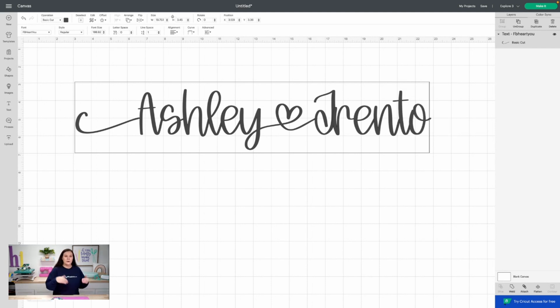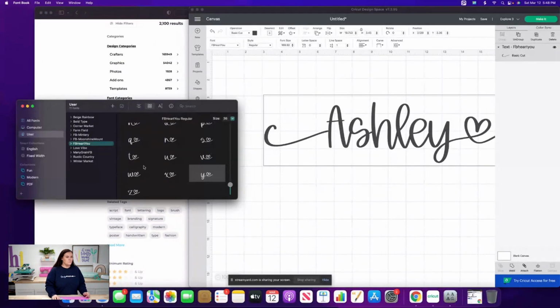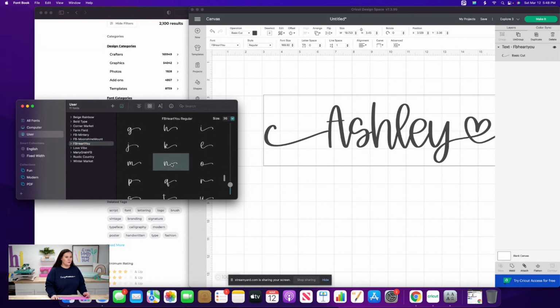Now I want to get rid of the letter N because I want to go find the N. With the last letter for this particular font, there is a glyph attached to the letter N that's going to give us that final swoop. If you try to hit Shift 8, that's going to give you the first swoop and you don't want that. So we're going to drop back down again. I'm going to come back up here and now see how these little N swoops are here. So I'm going to go find that. We're going to find the letter N, which is right here.